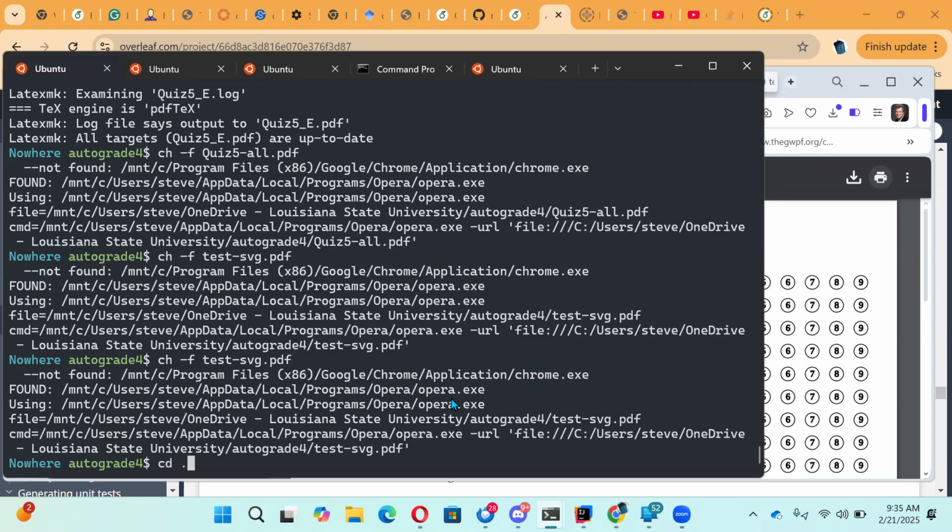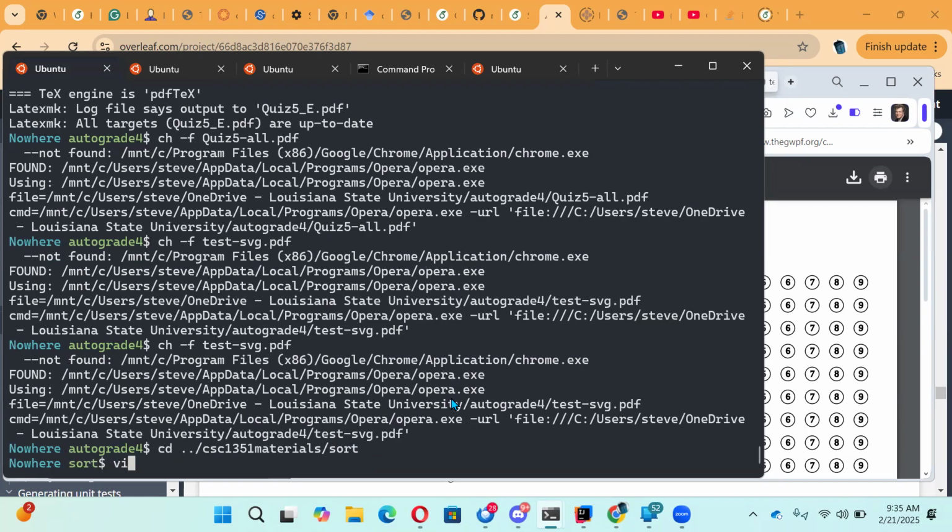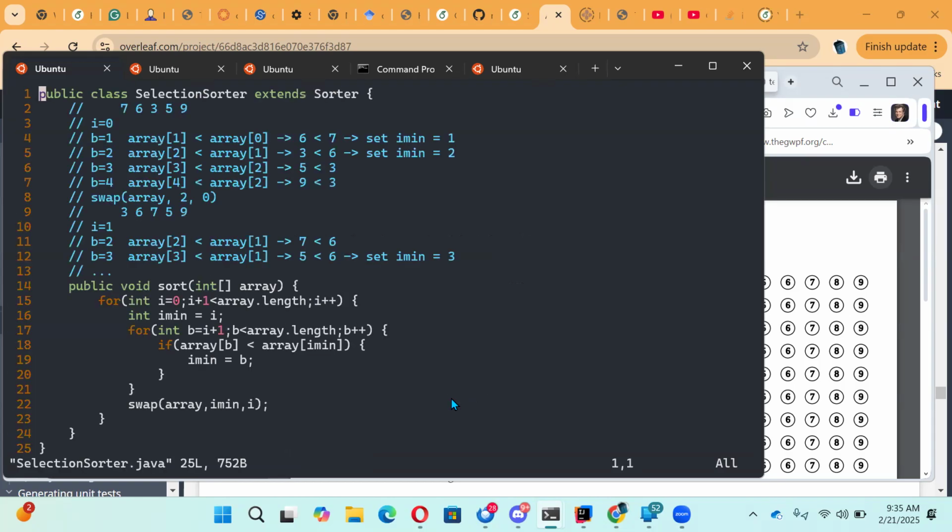So let's go to C13. Okay, so here's the selection sort. What we do is we're constantly finding the minimum. So we find the minimum from 0 to the end, and we swap that into position 0. Then we find the minimum from 1 to the end, and we swap that into position 1. And then we find the minimum from 2 to the end and swap that into position 2. That's the basic idea, right? Okay, and so the way that looks in code